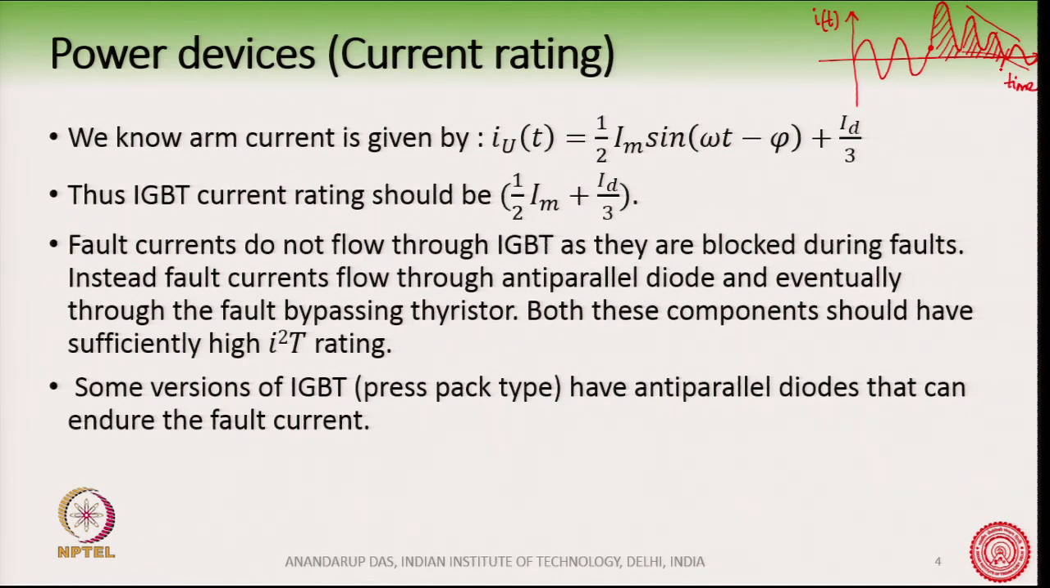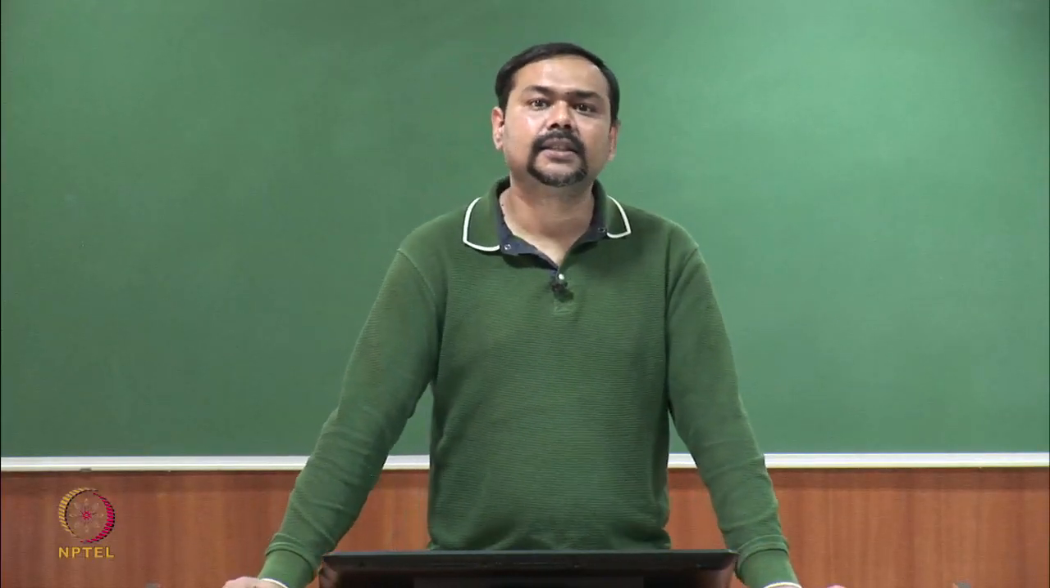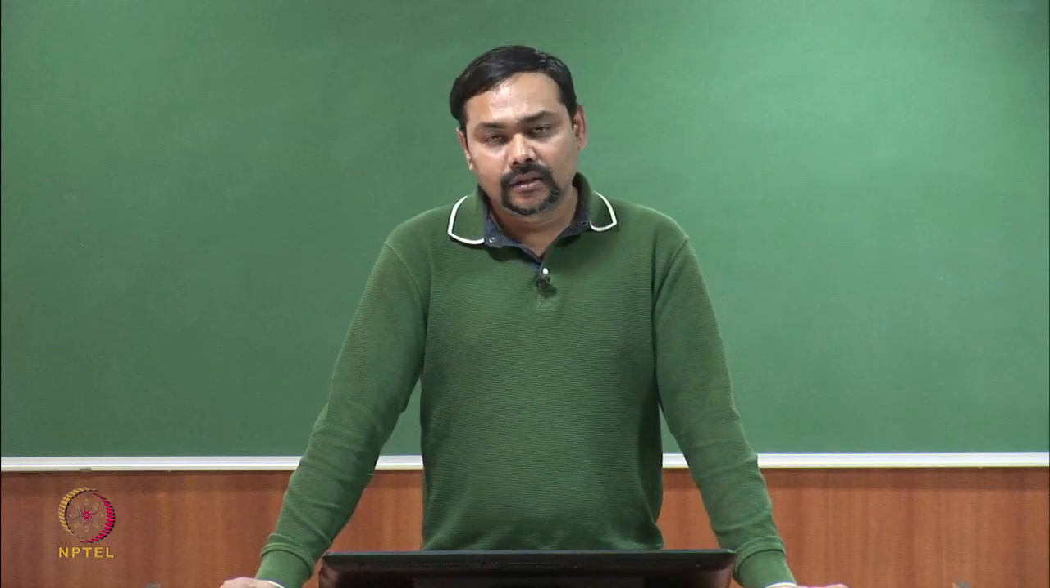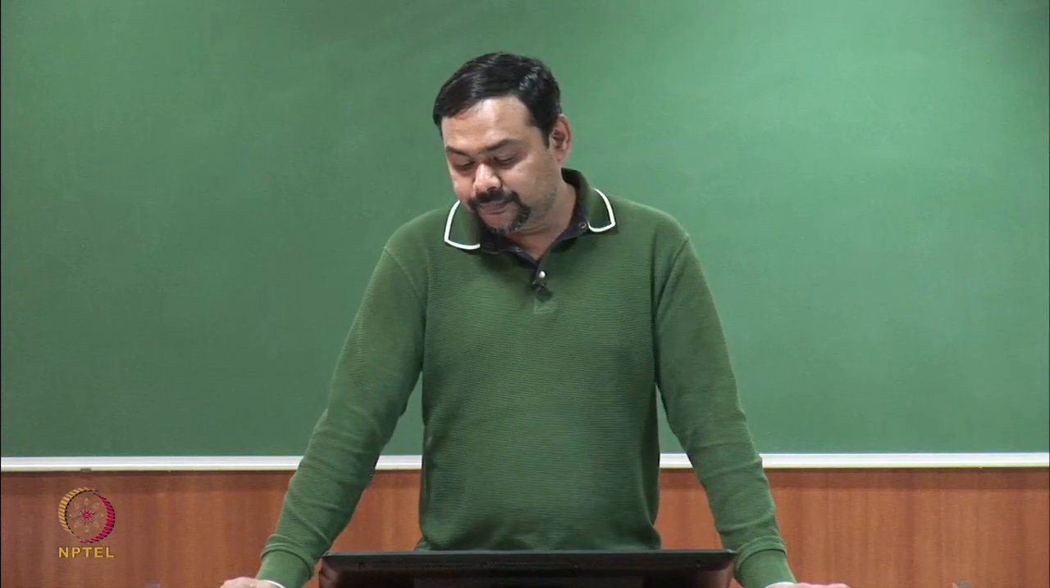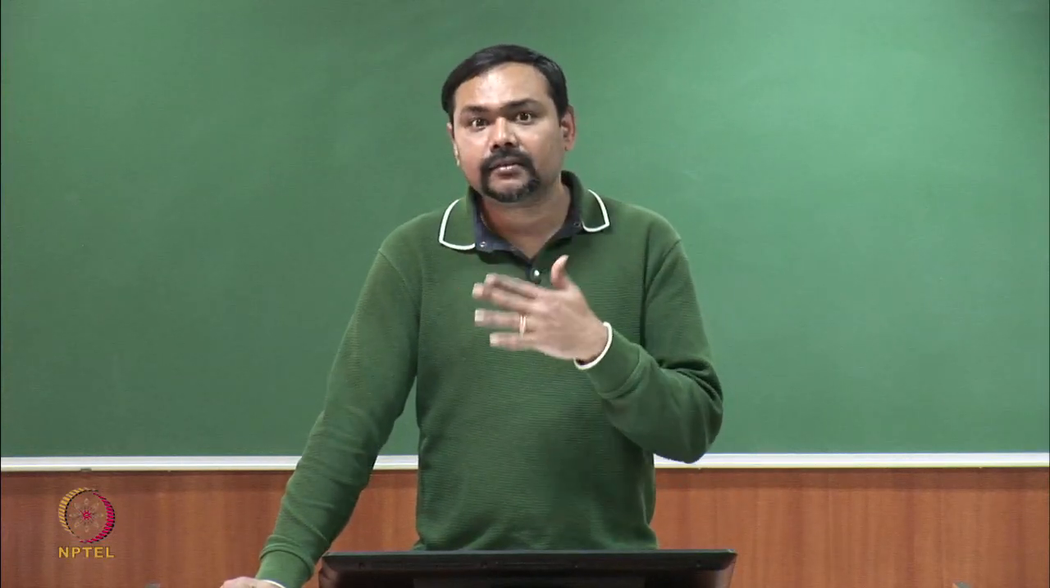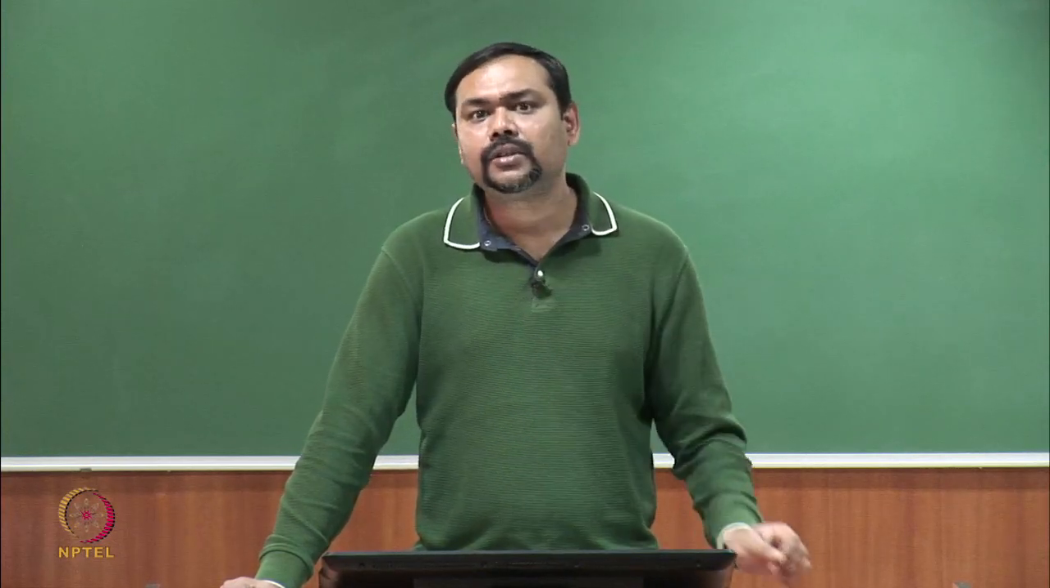And the entire I square t during this time means the current is flowing through these diodes and thyristors, and they must be rated to sustain the I square t during this time. Usually diodes of rectifier class and thyristors are normally designed to handle this. And there may be several cycles before the first zero crossing happens, and so the diode and thyristor